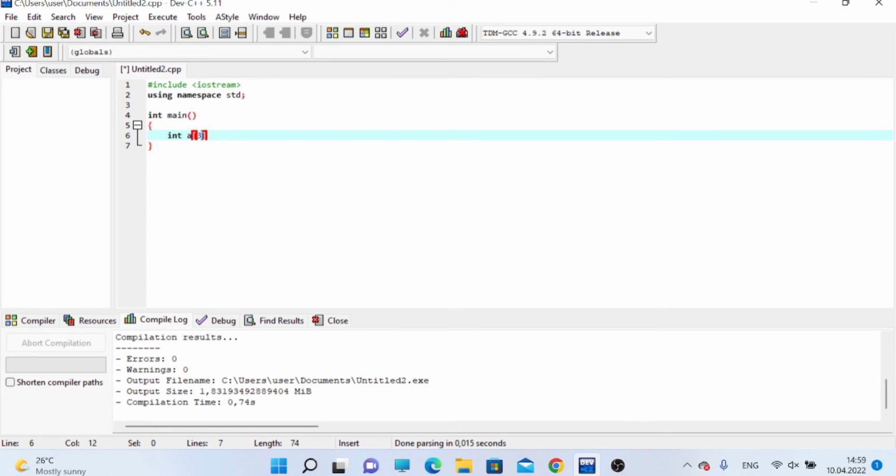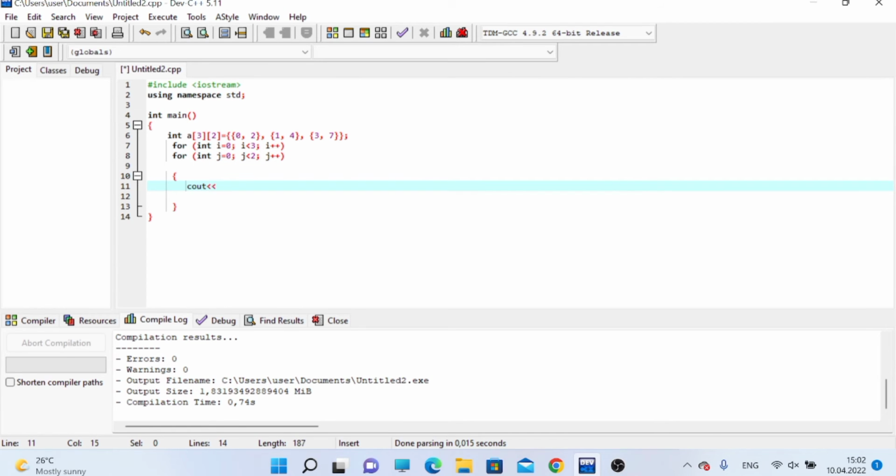#include <iostream>, using namespace std; int main() { int a[3][2] = {{0, 2}, {1, 4}, {3, 7}}; Traverse array elements: for (int i = 0; i < 3; i++) { for (int j = 0; j < 2; j++) { cout << "a[" << i << "][" << j << "]: " << a[i][j] << endl; } } return 0; }